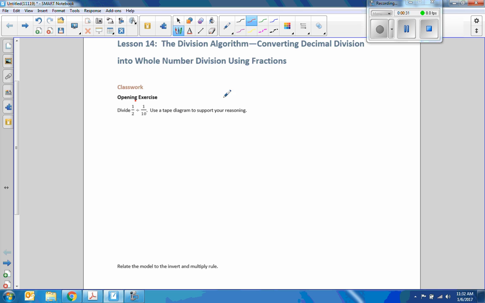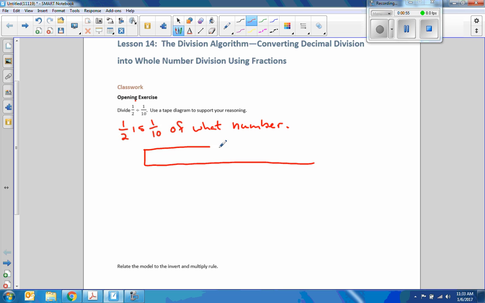Okay. So what this is asking is, 1/2 is 1/10 of what number? That's what that means. 1/2 divided by 1/10 means 1/2 is 1/10 of what number? So to do a tape diagram, okay, we have this diagram, and we don't know what its value is. But if I go and call this a half,